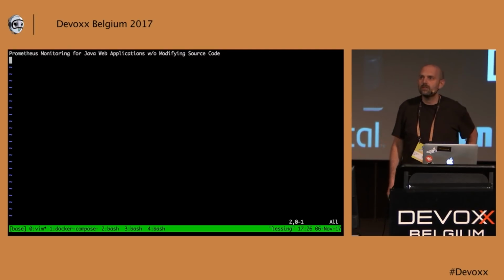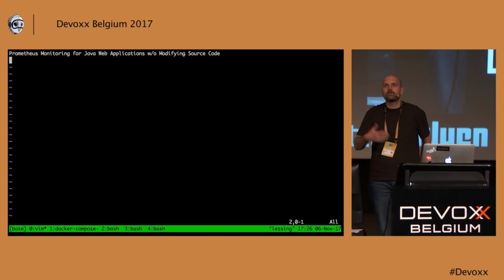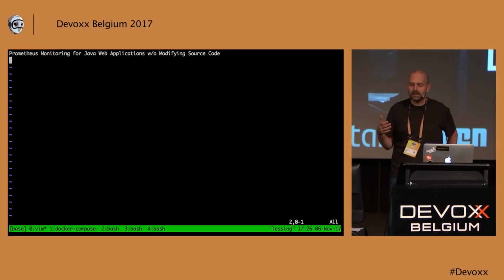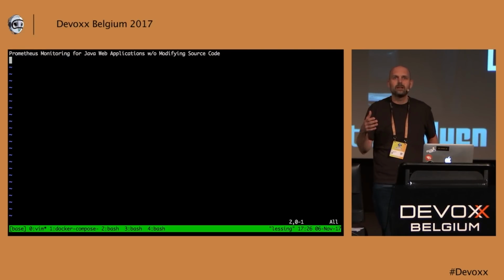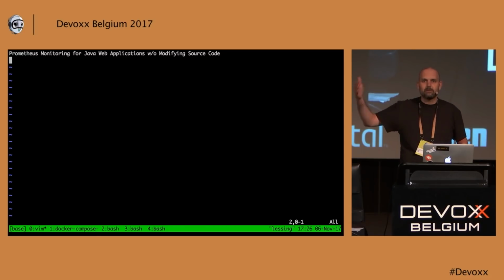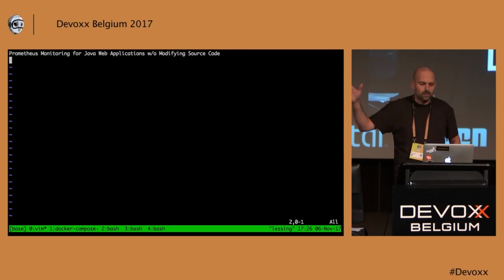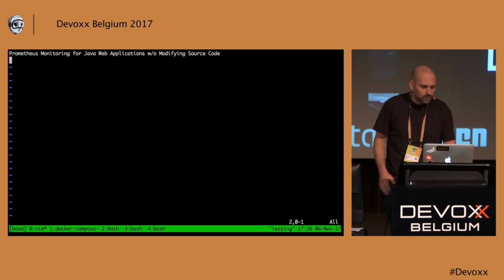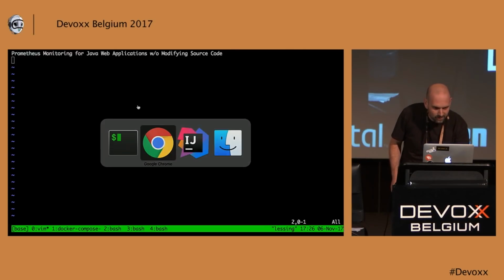What is a Prometheus metric? What you need to know is that the Prometheus server is a time series database. Okay? So the basic data structure of Prometheus is sequences of 64-bit floating point numbers that are stored together with the timestamp when those numbers have been observed. Okay, and the best way to show what a Prometheus metric is, I guess, is by